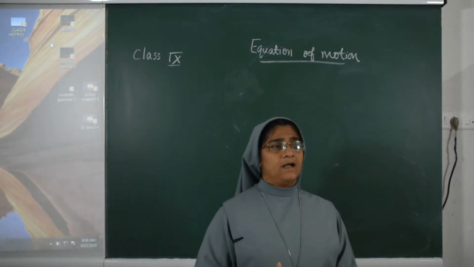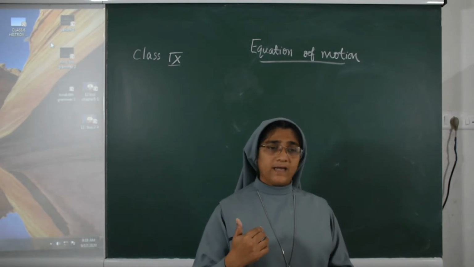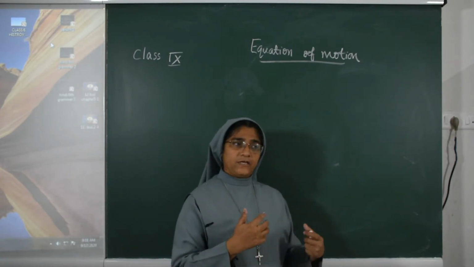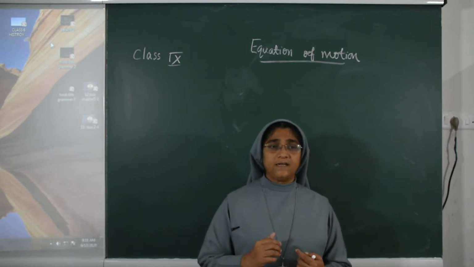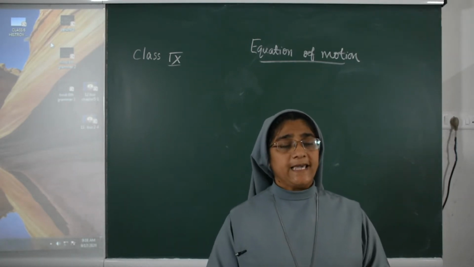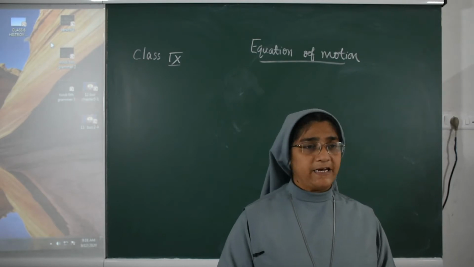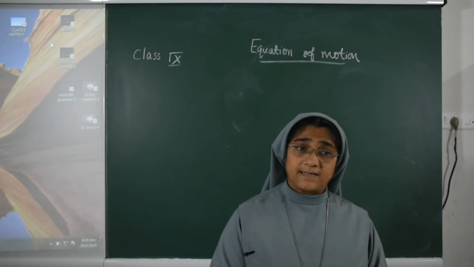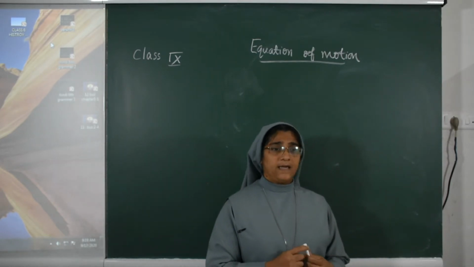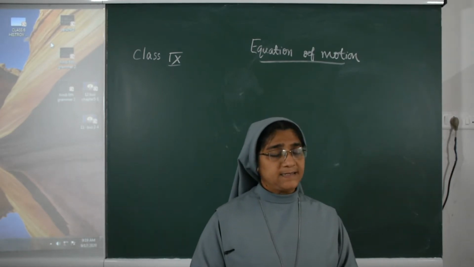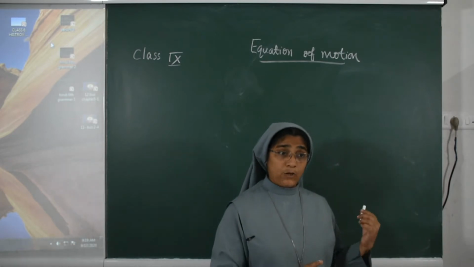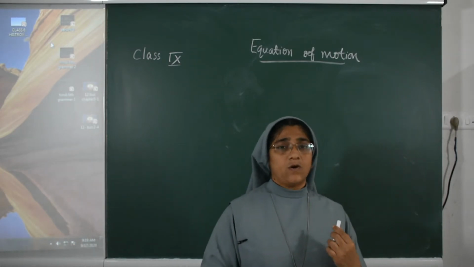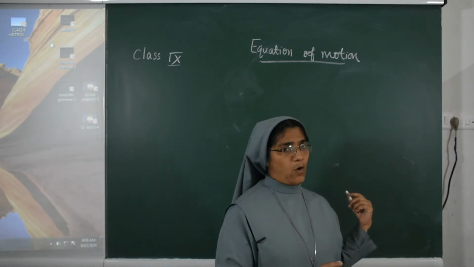It means a body is moving along a straight line with a uniform speed. We can see that uniform motion, that is, a body covers equal distance in equal intervals of time. We can relate its velocity, its acceleration, and distance covered by an object in a time interval by a set of three equations. Those equations are known as equations of motion.